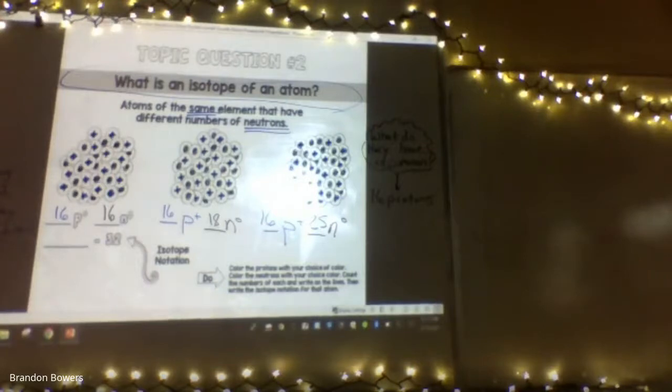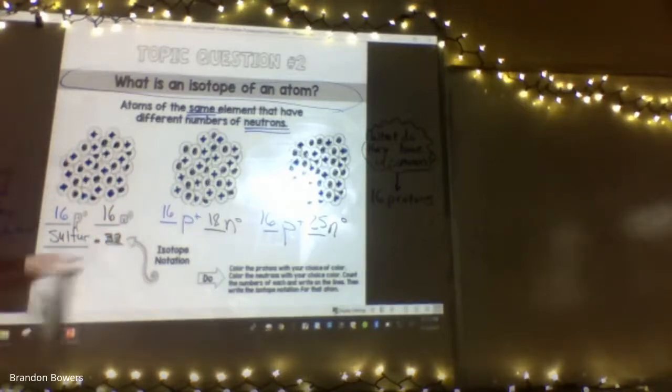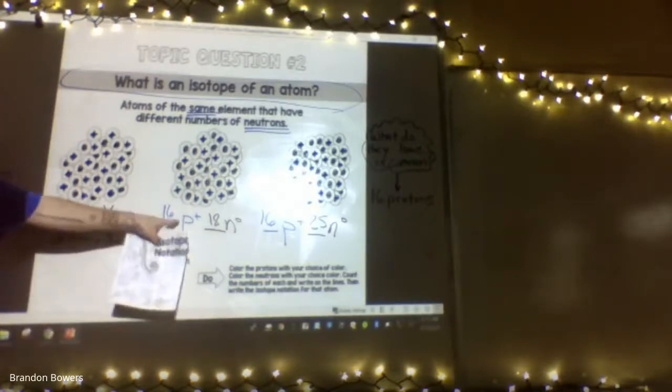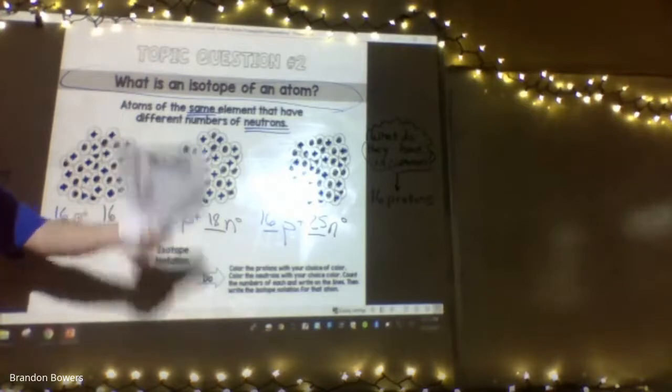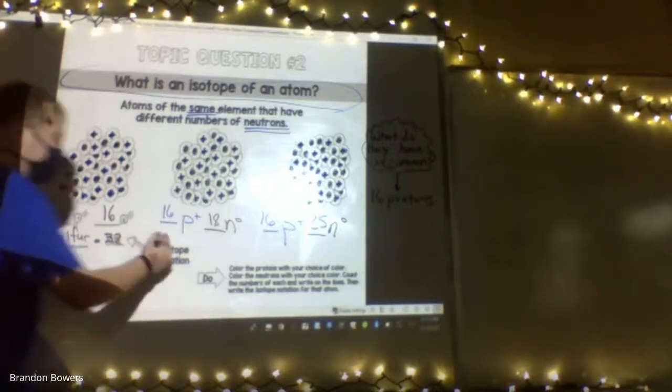Sulfur. Very good. So when you look at the isotope notation, our element is sulfur, and there's a -32. The reason we have a -32 is because we add up the mass of our protons and neutrons. So once again, if I have 16 protons, I have sulfur, right? Number 16 on the periodic table is sulfur. However,